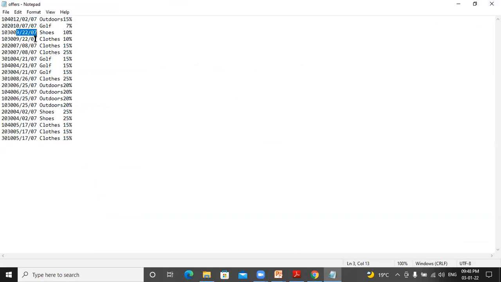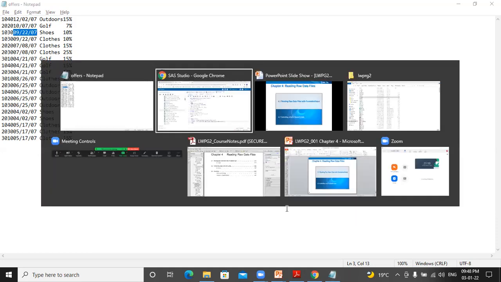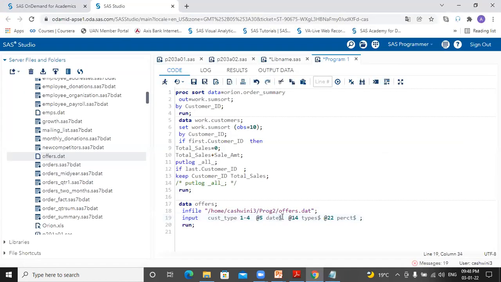So the format is MMDDYY and the width is 8. Correct? So instead of the dollar sign, I'm telling SAS to read it as MMDDYY8.